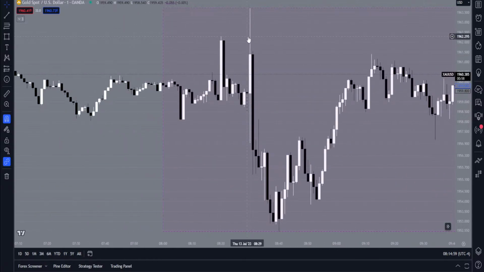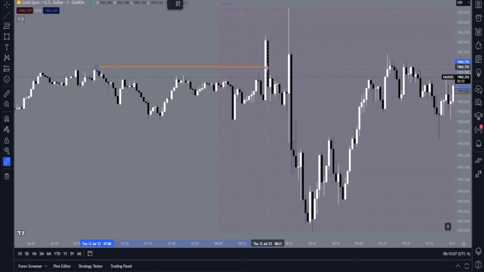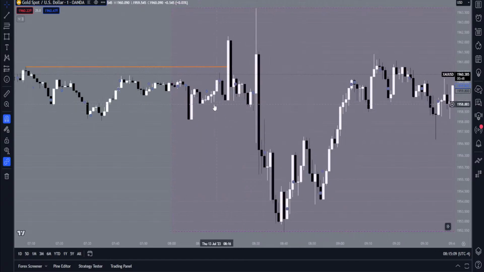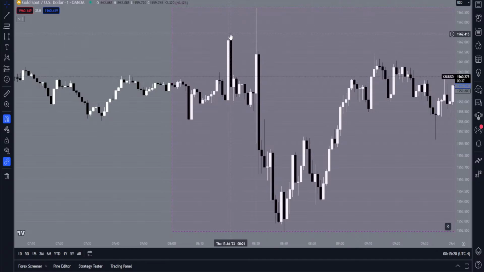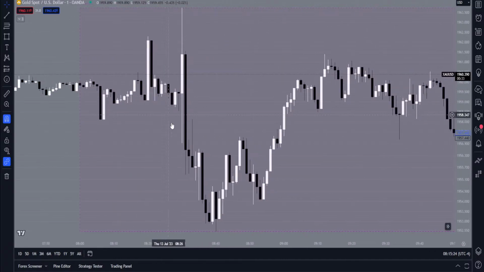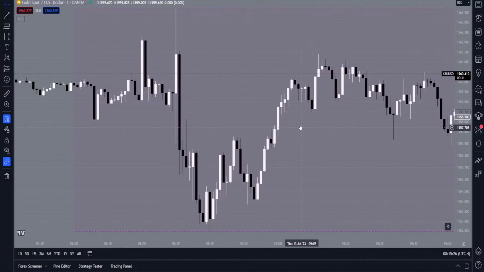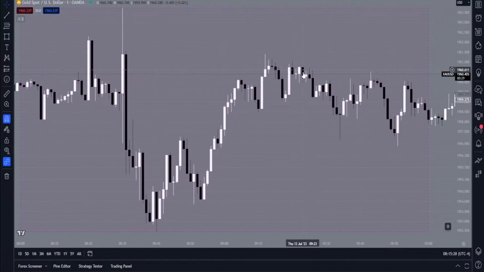This was news. If you had entered a sell trade right here on this confirmed setup, because I think the high it had to break was like this high here, right? The 5-minute high, and it broke it right here, closed above it, gave a signal here. So this was yesterday, right? And then the news would have, because your stop loss was up here, taken you out before it went to hit TP. And then we ended up getting another trade somewhere where it hit TP was right here.